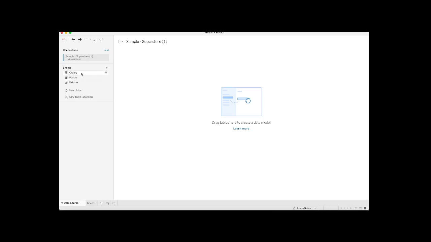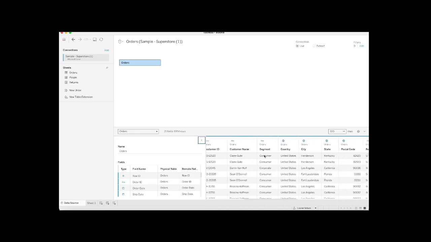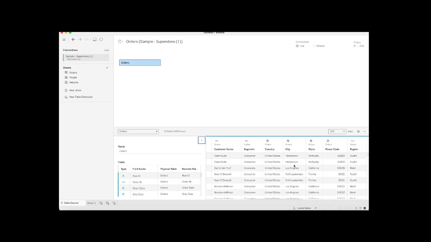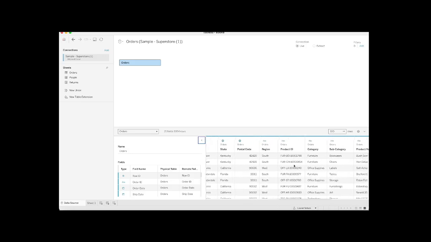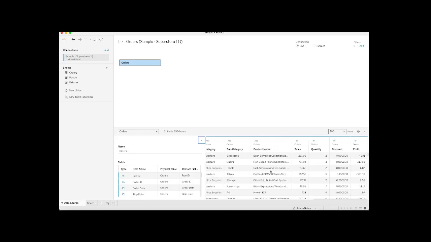We're going to use the sheet with orders. Drag orders over, and if you look at this, we have order IDs, order dates, lots of data about the orders, customer names, city, state, and in here we also have the category of what was purchased,